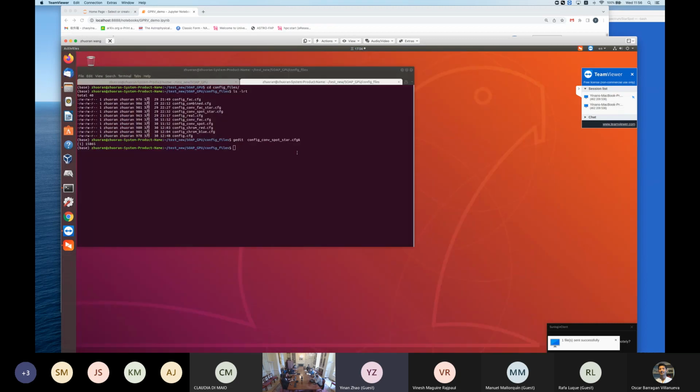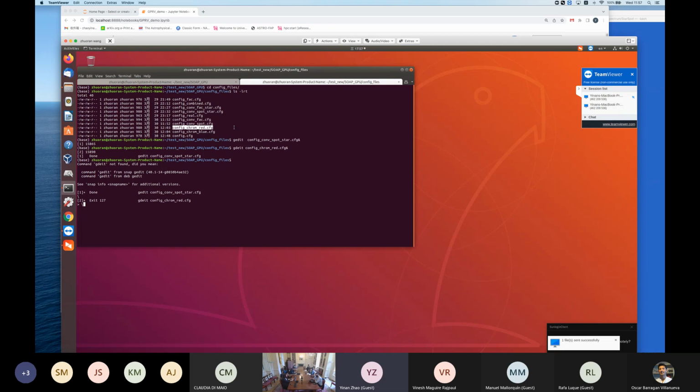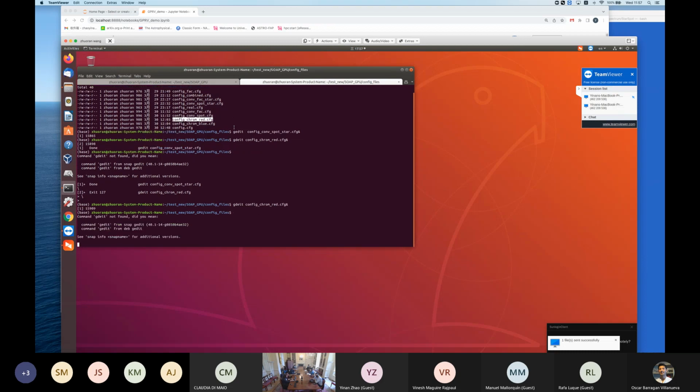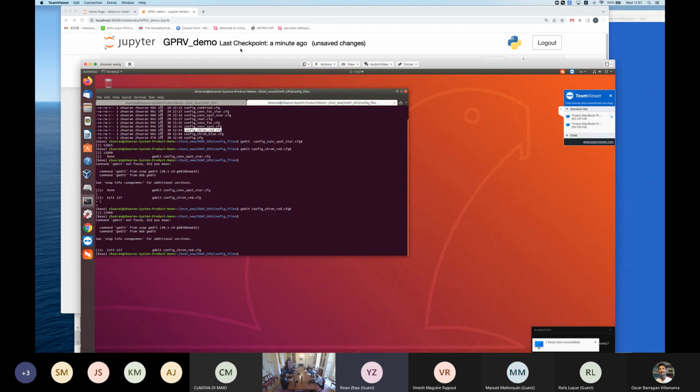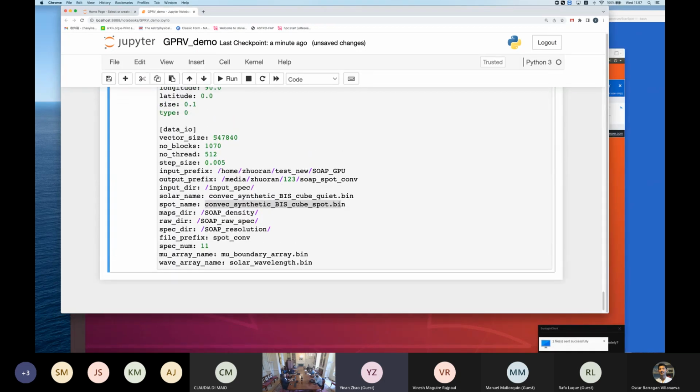And, yeah, that's how the code works. I can show you another one. For example, if you want to run the red part, for example, if your red part has maybe